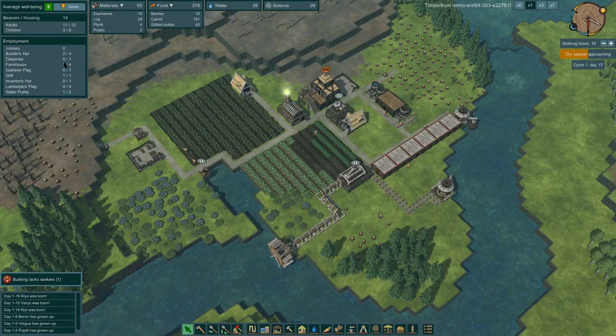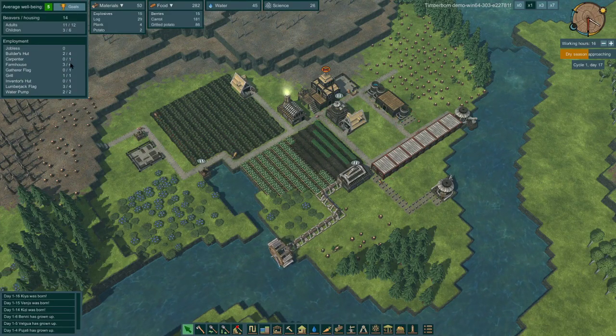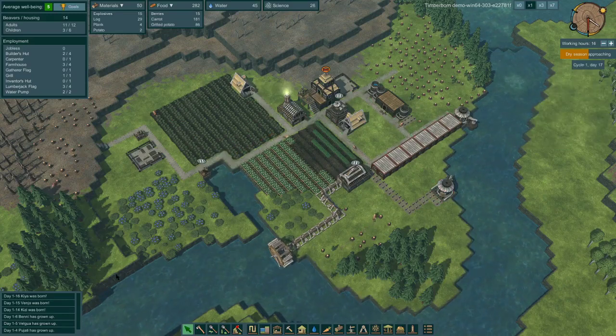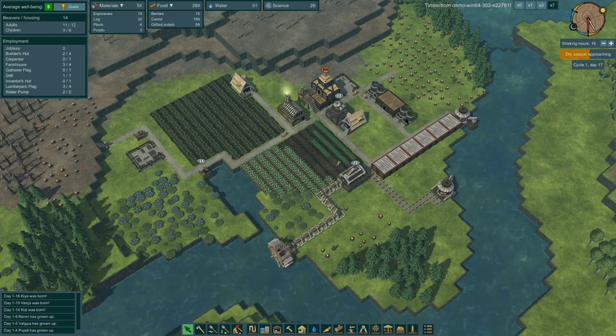So we should have 2, 5, 6, 10, 11. And we have 11 adults. Ooh, we got 3 kids. Cool. There we go. I think it switched over. We got a couple of kids born. Awesome. And we should have lots of water coming in and lots of...